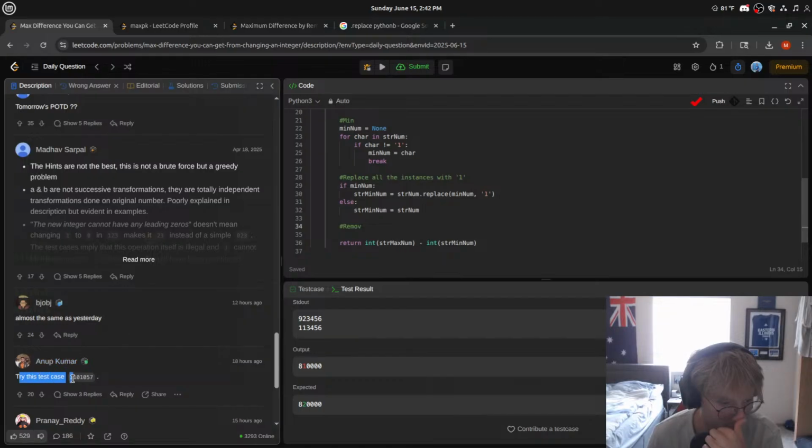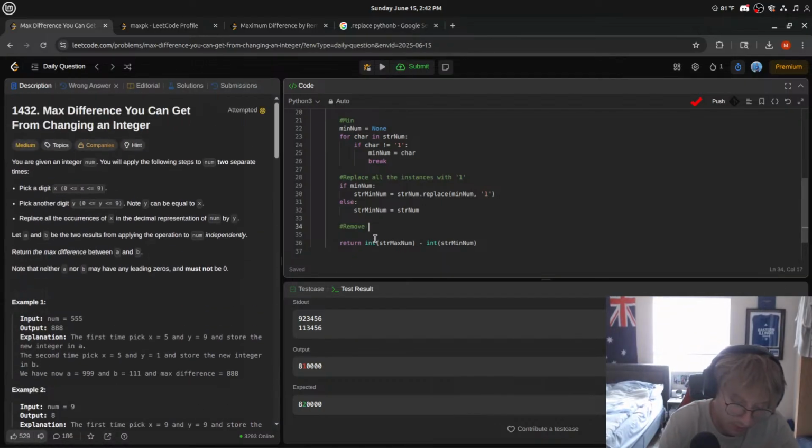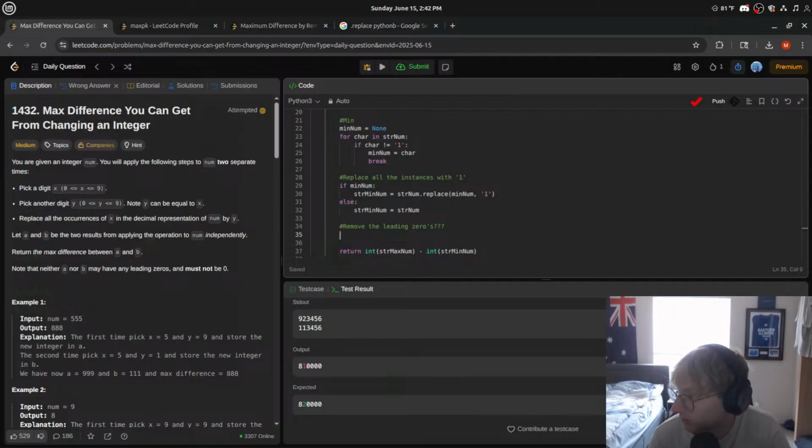Almost the same as yesterday. Try the test case. So I think somehow we got to remove the leading zeros here. Man, I hate this problem, dude. I literally hated these problems yesterday as well. These are awful problems. Handle the first digit carefully. No leading zeros first. Okay, so